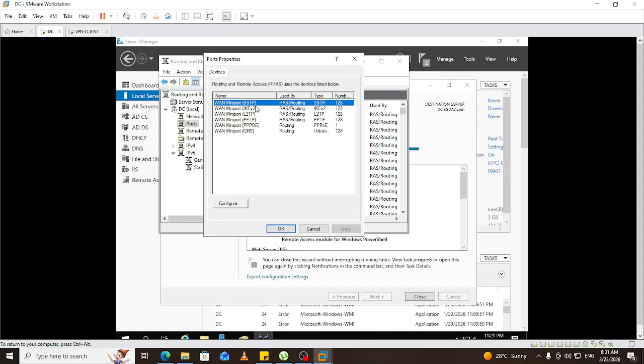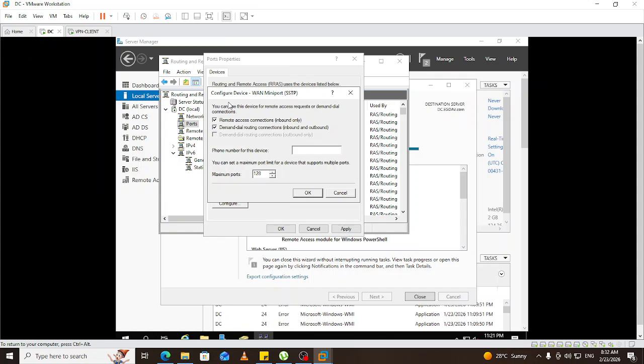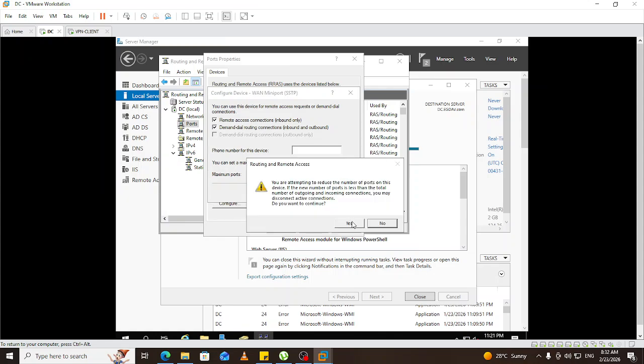So we need to make sure that the port type has been updated. So right click, double click on this, then the maximum ports, we change this one to 5. It says you can set a maximum port limit for a device that supports multiple ports. So click on OK. It says you are attempting to reduce the number of ports on this device. If the new port limit is less than the total number of outgoing and incoming connections, you may disconnect active